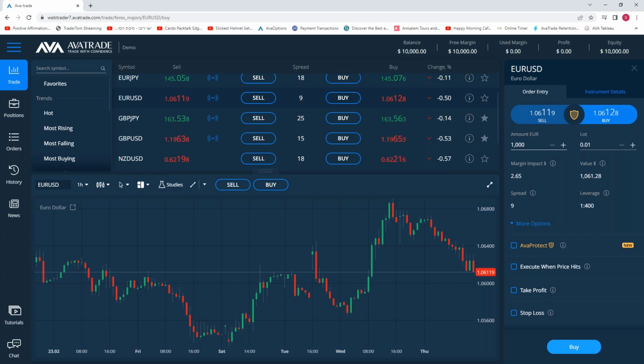So let's say you put in 1,000 and you want to withdraw the money, you withdraw first back to the source. If it was the credit card, it has to go back there. If it was the bank, it has to go back there, or the e-wallet. Anything about the profits, you can choose either bank account or e-wallet. It depends on the jurisdiction and your desire. So you don't need to keep it. If you continue trading, of course you can keep your money on the trading account, but you have full control over your funds, and you can choose to keep it, withdraw it, partially withdraw it, and so on.